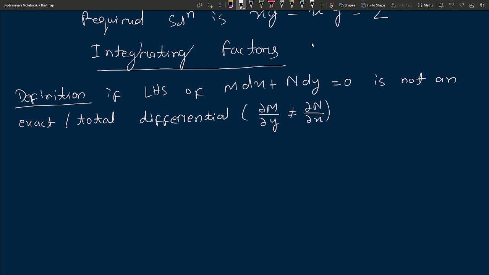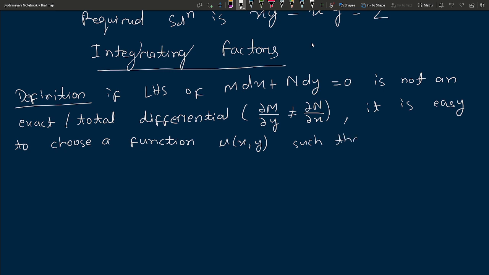So if this happens, then it is easy to choose a function, suppose u of x y, such that after multiplying by it,